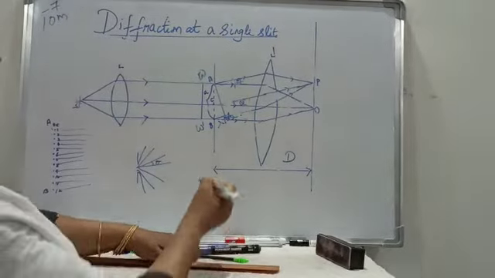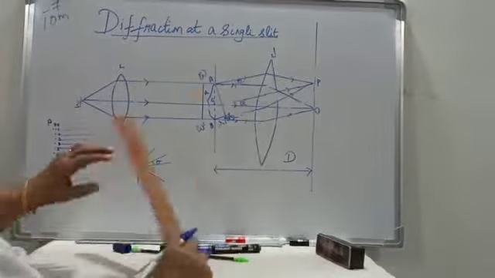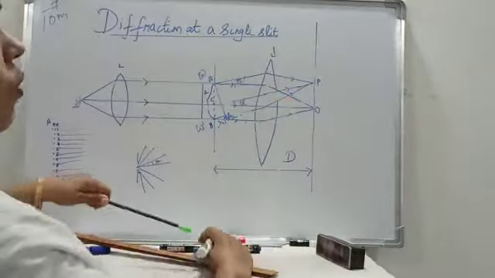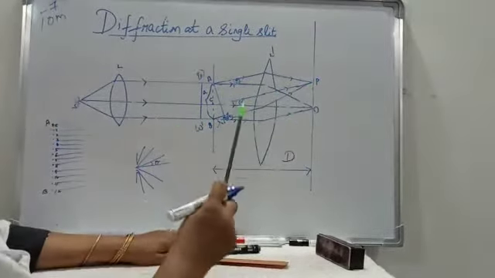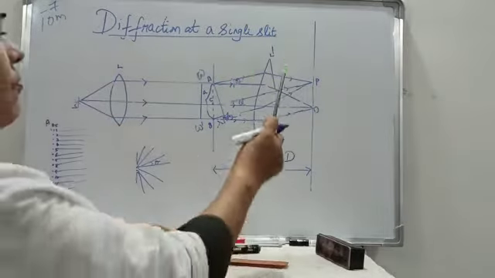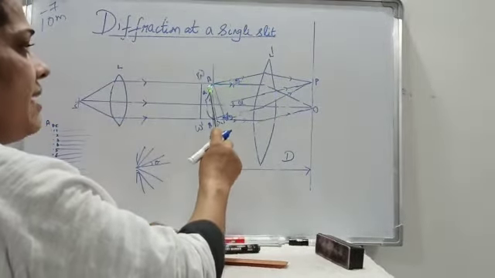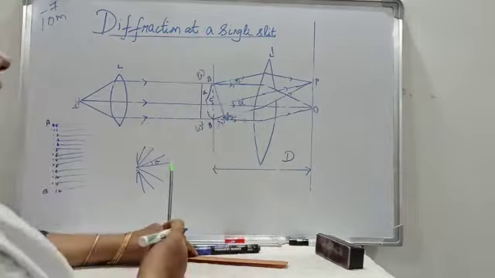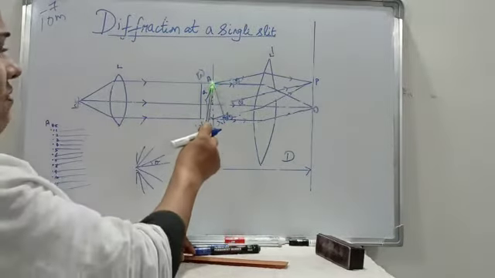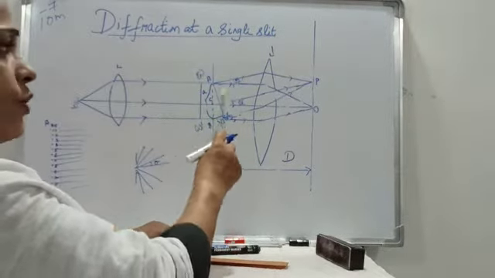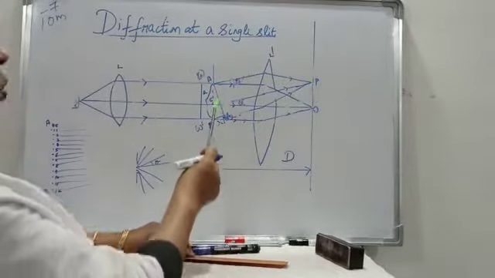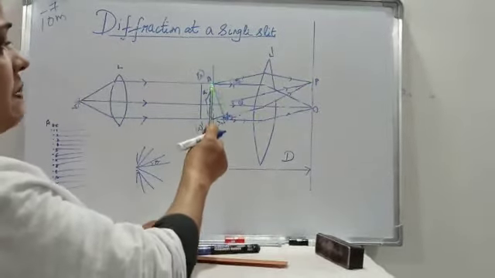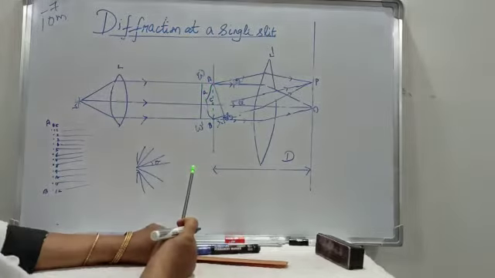Let this path difference BN be represented by lambda. So what are we seeing now? We are going to find out whether we get a maxima or a minima at the point P. For that, we consider that the wave is diffracted through an angle theta. The wavelets from A and B do not travel the same optical path to reach the point P, which means there is a path difference between the wavelets coming from A and B.